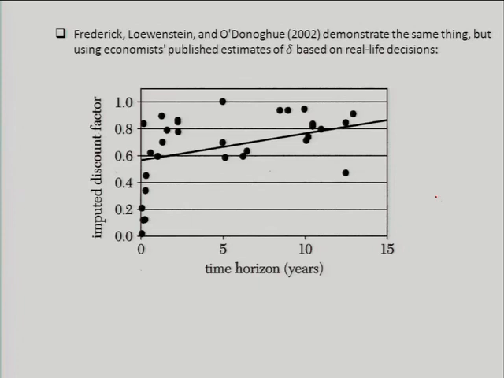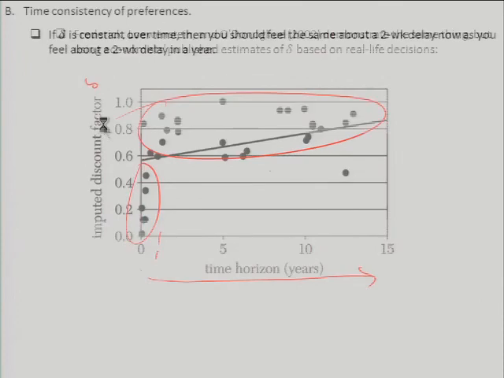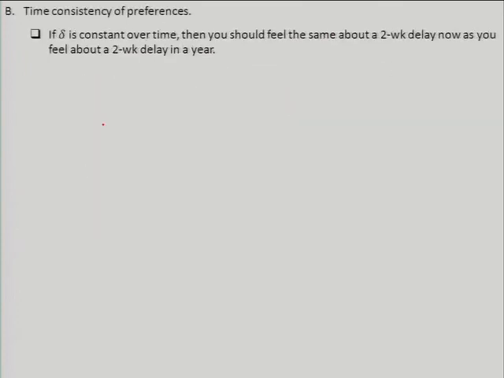You can see this in the paper. This is basically looking at the imputed discount factor delta that was determined in a whole host of different studies. You can look at what those different studies actually measure. And then this is the time horizon that they use. And what you basically find is that for horizons under about a year, you get these very small numbers. And then once you're above a year, everything is in a sort of fairly similar band. And what that suggests, again, is that people seem to demand very, very high proportional rewards to wait a short period of time compared to how much they need to be paid to wait a long time. Okay. So that's the first implication of this discount function.